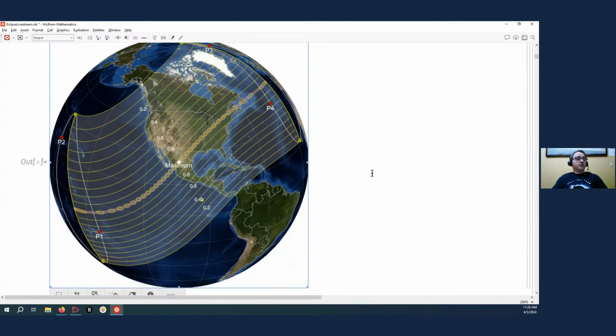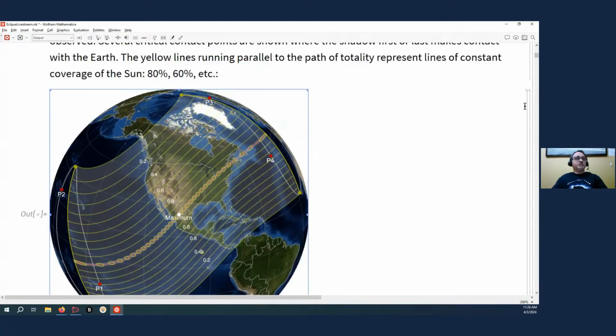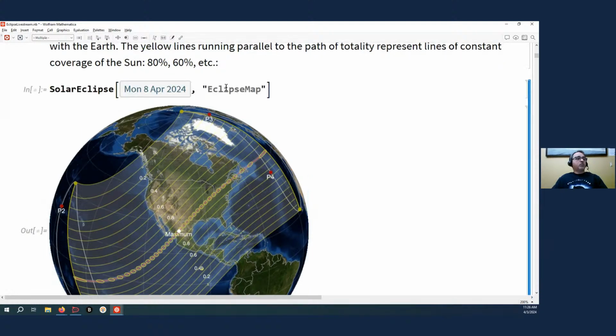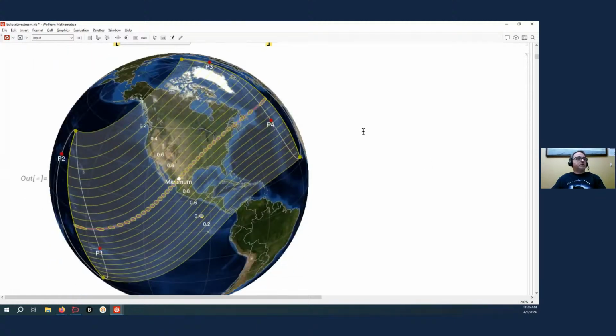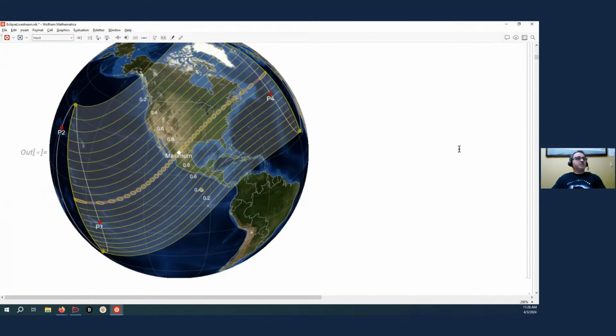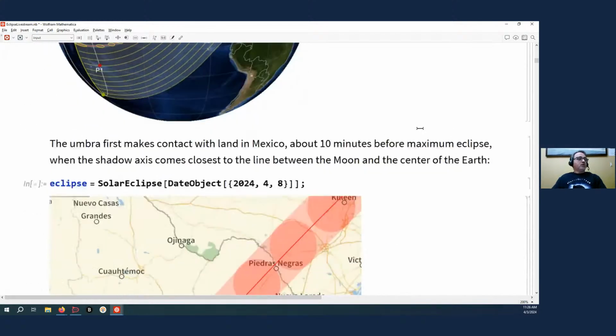And those are all, this is the property of solar eclipse. You can just ask for the eclipse map for a given eclipse, and it will generate a map for you with all those features in it, as well as some contact points that are a little technical, the P2s and the P1s and such. So if we zoom into some of that and we want to look more locally, some